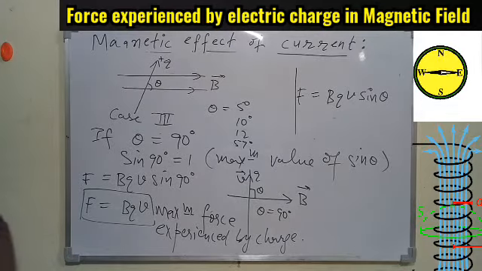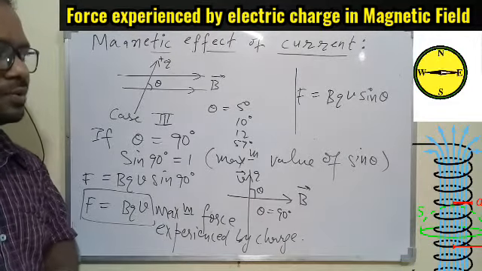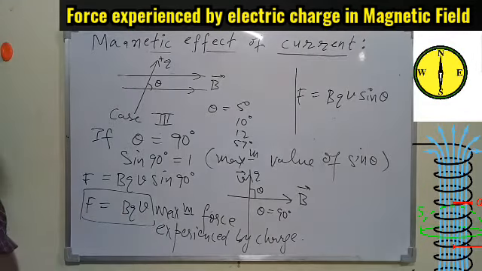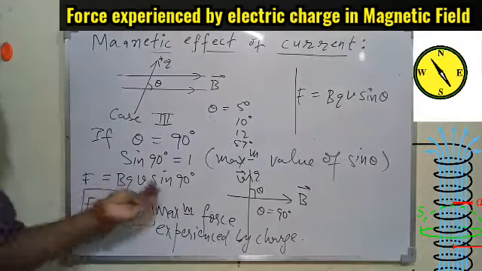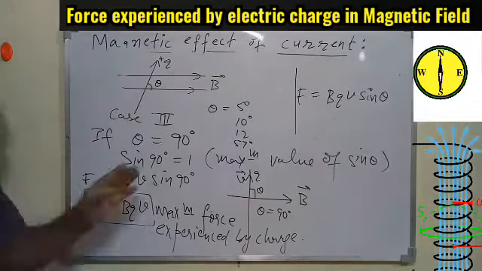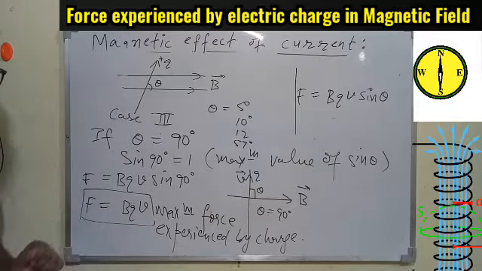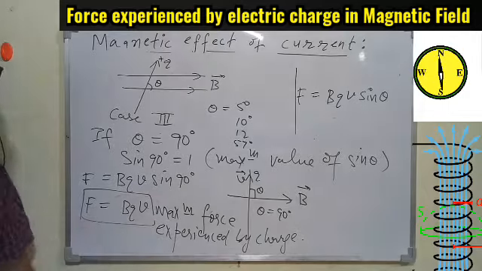That is, a charge starts getting force when it is placed in the magnetic field, because the charge itself behaves as a magnet when it is in motion, and it will experience force depending upon the formula BQV sine theta. If the charge is at rest, it will not get any force. If the charge is moving parallel or anti-parallel to the magnetic field, it will not get any force. At any other angle, the charge will get the force given by BQV sine theta, and the maximum force will be experienced when the angle is 90 degree.